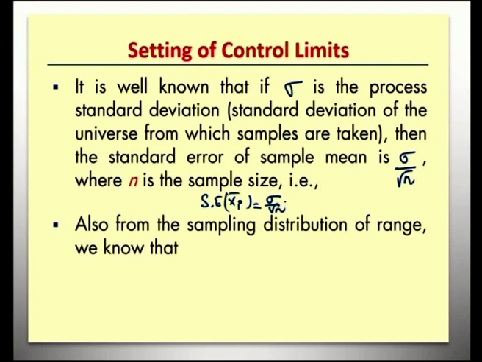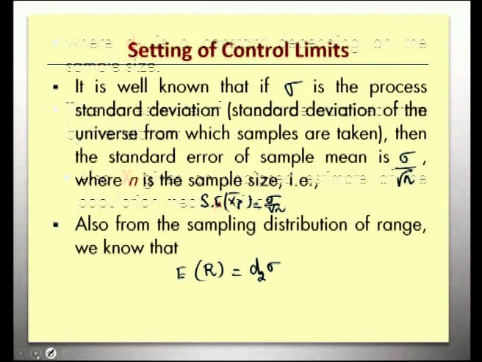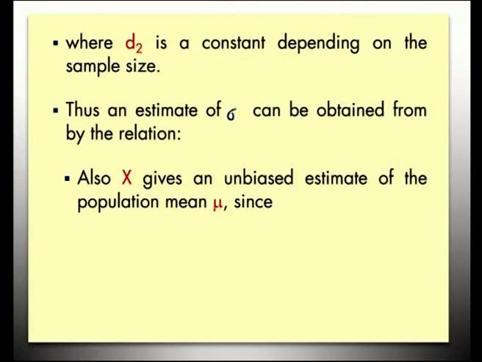Also, from the sampling distribution of range, we know that the expectation of R is equal to d2 into sigma, where d2 is a constant depending on the sample size. Thus, an estimate of sigma can be obtained from the relation R bar equals d2 into sigma, or specifically, sigma cap, the estimate of sigma, is R bar divided by